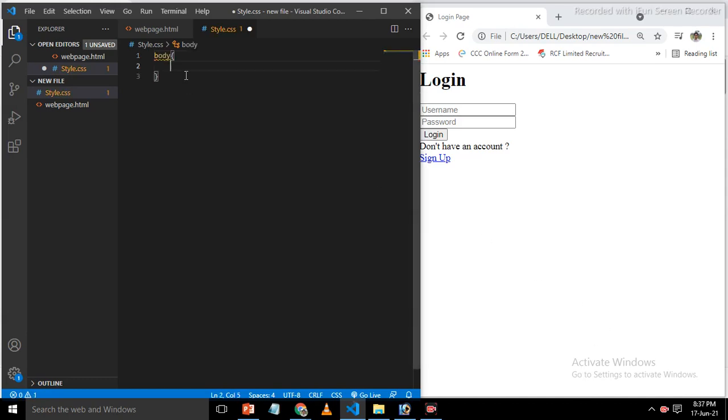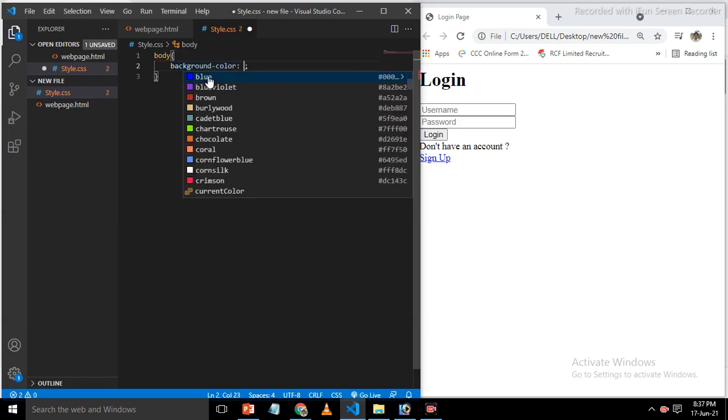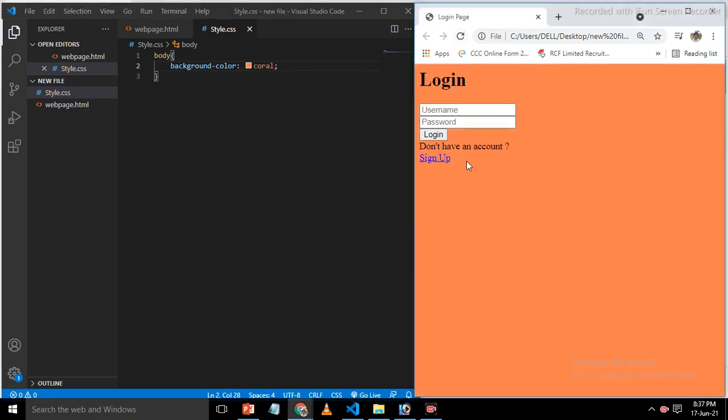So we write body here, and now we write background color, whatever color you want to give, choose from here, or write it if the color name is not available here. So I use this one, coral, and save, and then refresh it there. Here we see the background color of this web page has been changed.